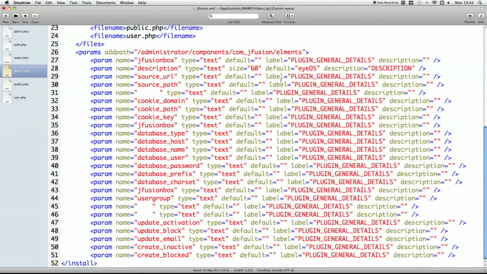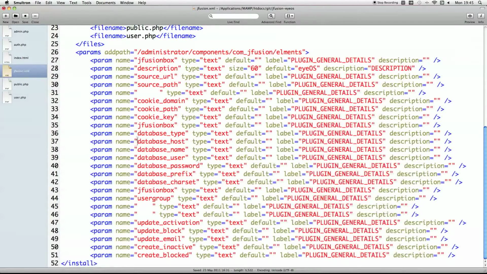I just need to edit the different attributes of each one. I'll kind of explain them as I'm going through. As you can see, these parameters basically store data and represent data when you're configuring the plugin. So